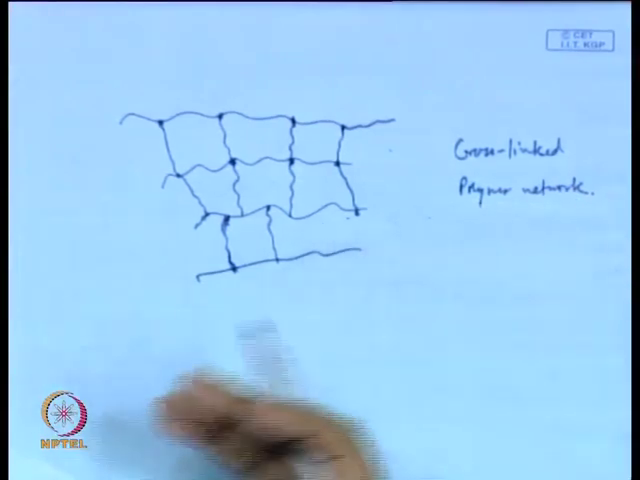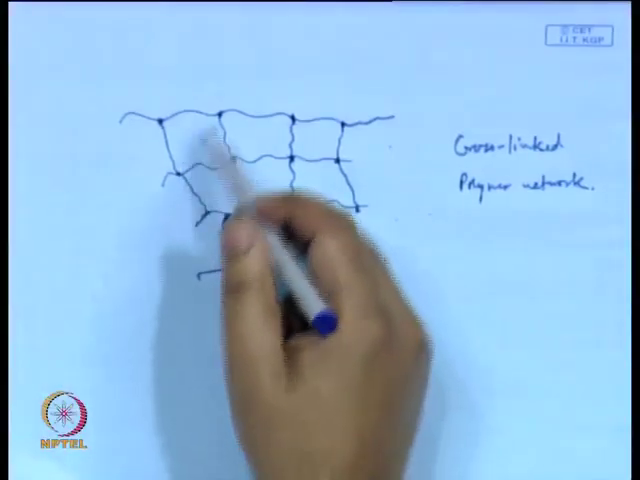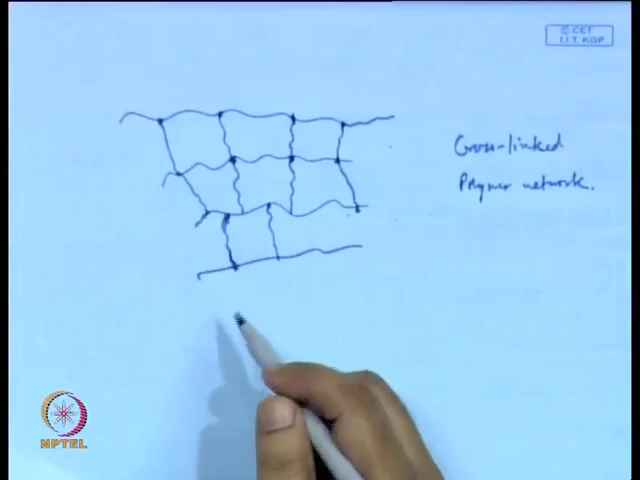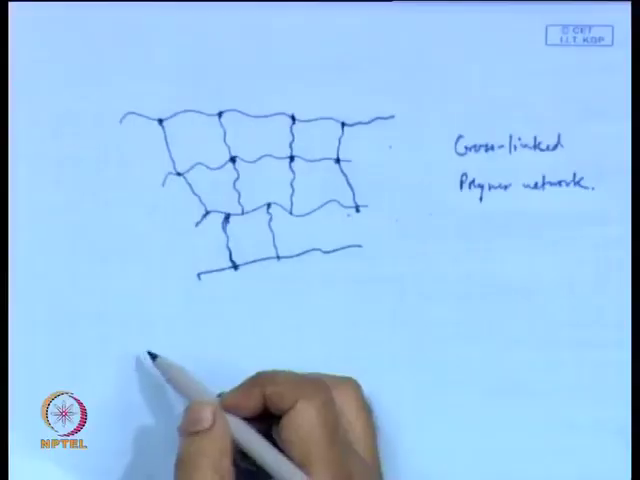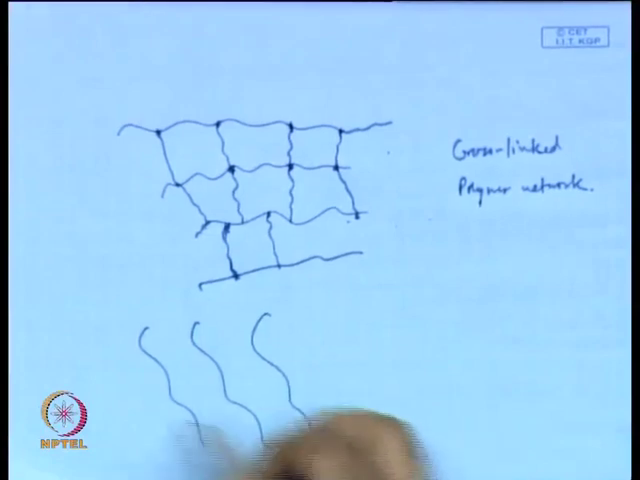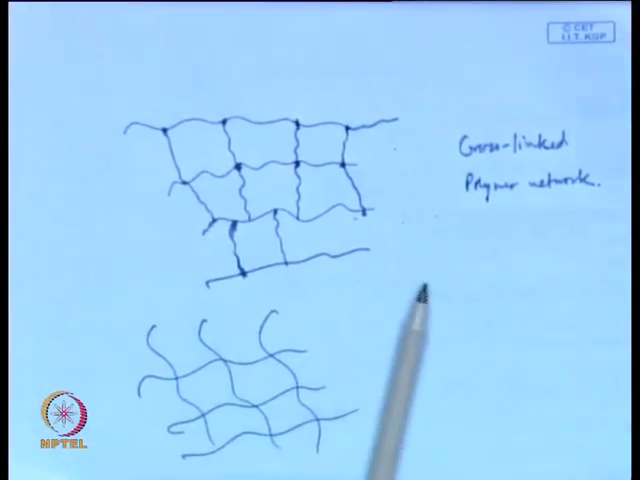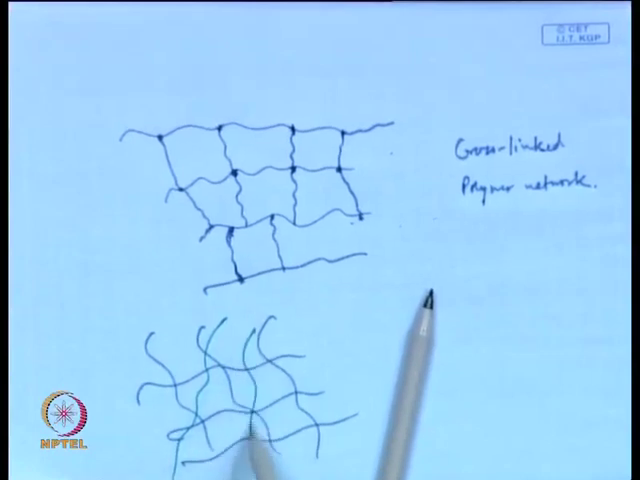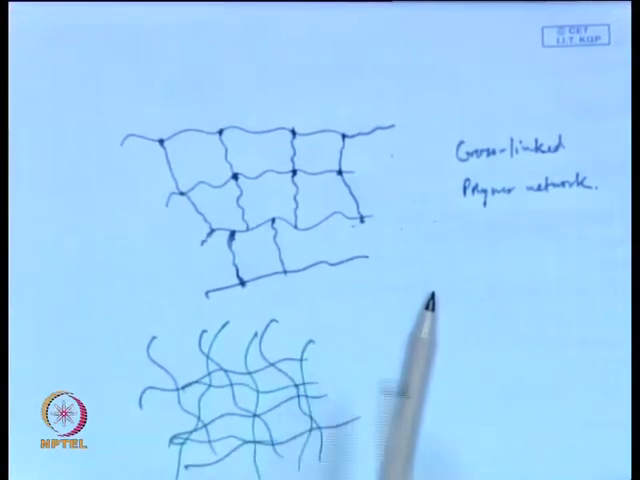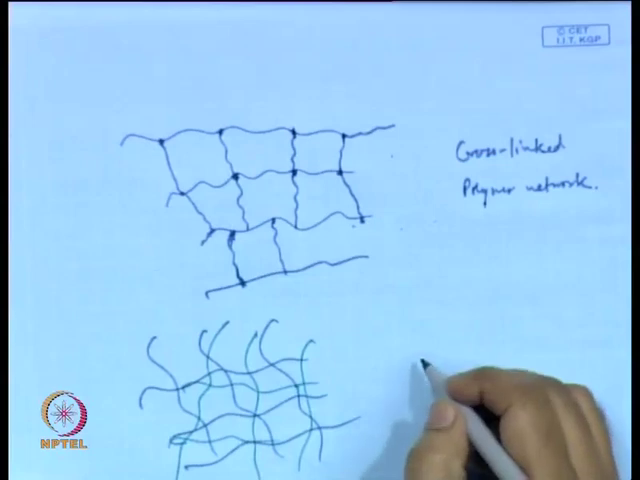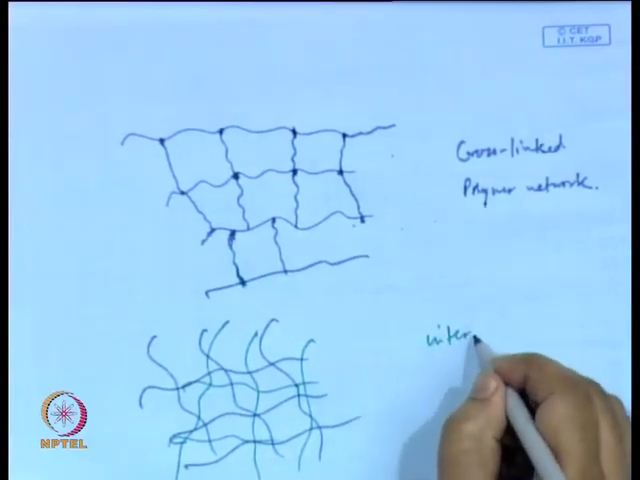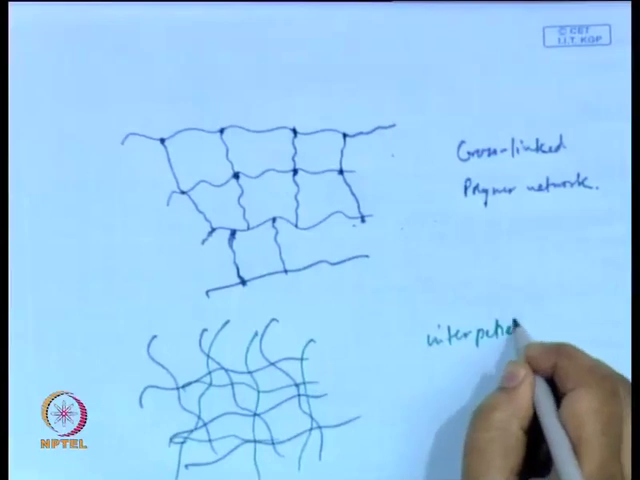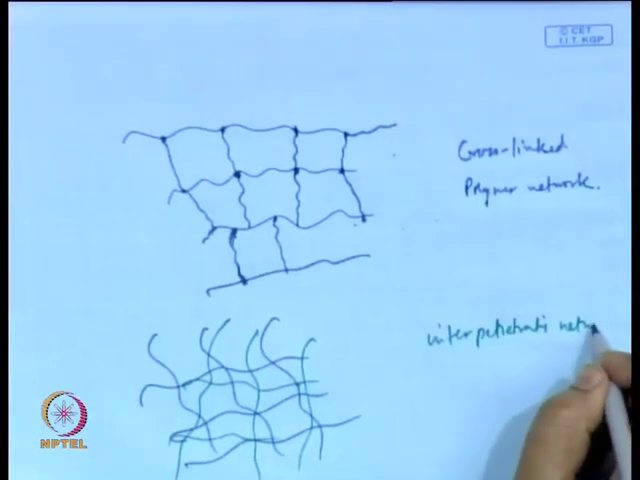Now, you can have a mixture of such networks in the same sample. If you have a mixture of two networks, then these networks will penetrate each other, and we call this an interpenetrating network. If I show in different colors, you can have two networks intertwined with each other. So, you have an interpenetrating network,